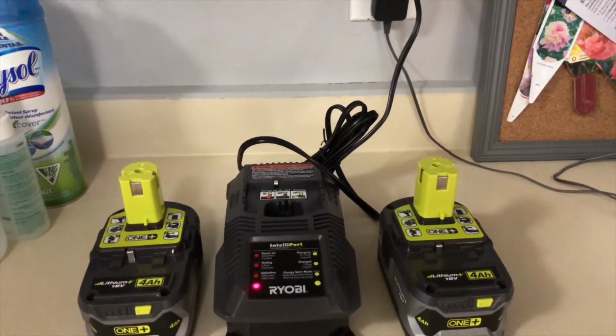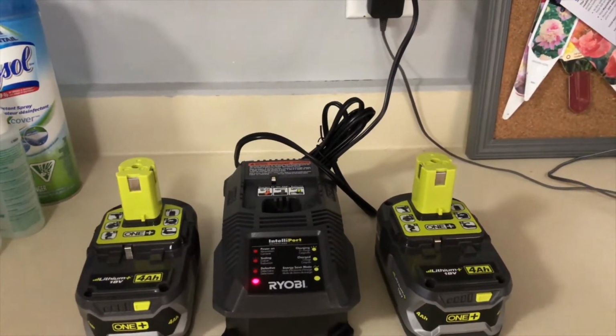Papakita ko sa inyo yung mga tools na gagamitin natin for today. They are actually Ryobi brands. And we're going to use their grass trimmer and their lawn mower. And to start off, i-check muna natin kung gumagana yung battery. So, let's go! Okay, so yung Ryobi lawn mower natin, tsaka yung trimmer,